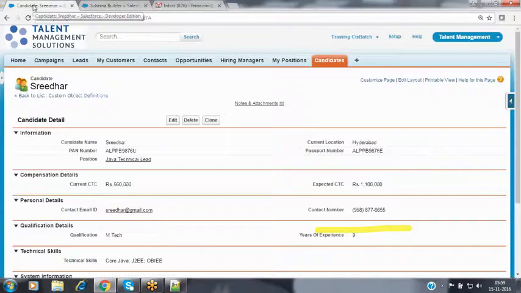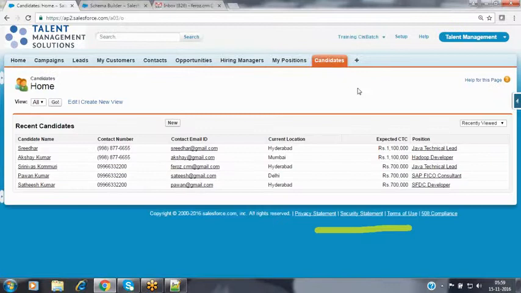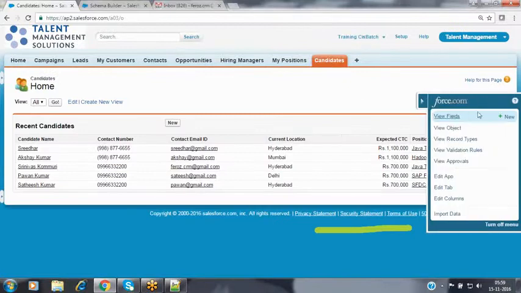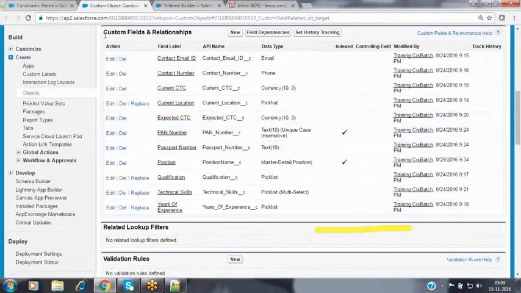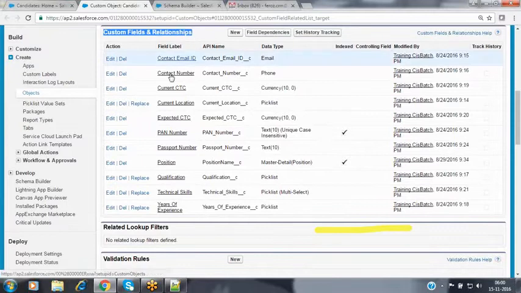Go to the candidate object, go to the fields, and click on view fields from the first.com quick access menu. Go to the custom fields and relationships section, because this association is our custom association. This object is a custom object, so we mapped the association on our own.